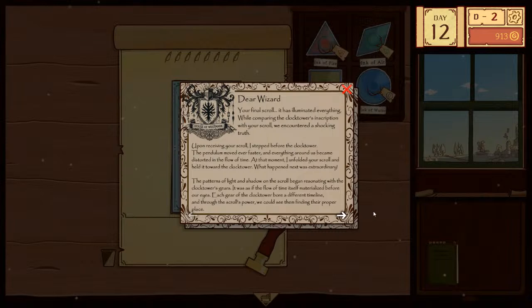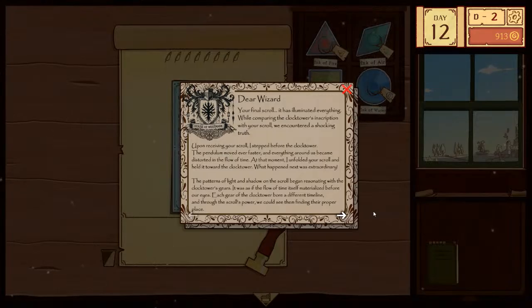Here, wizard, your final scroll. It has illuminated everything. When comparing the clock tower's inscription with your scroll, we encountered a shocking truth. While receiving your scroll, I stepped before the clock tower. The pendulum moved ever faster, and everything around us became distorted in the flow of time. That moment, I unfolded your scroll and held it toward the clock tower. What happened next was extraordinary. The patterns of light and shadow on the scroll began resonating with the clock tower's gears. It was as if the flow of time itself materialized before our eyes.